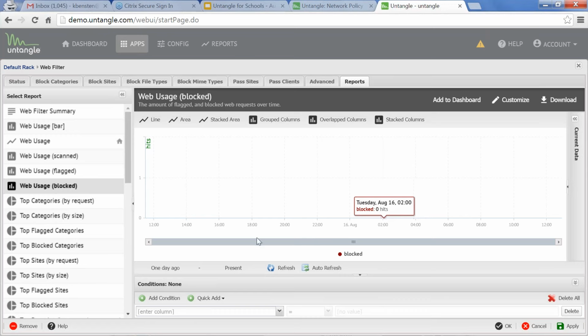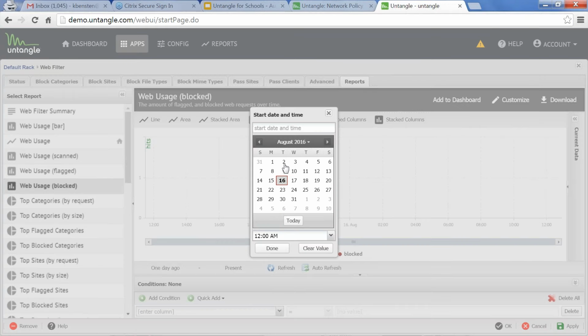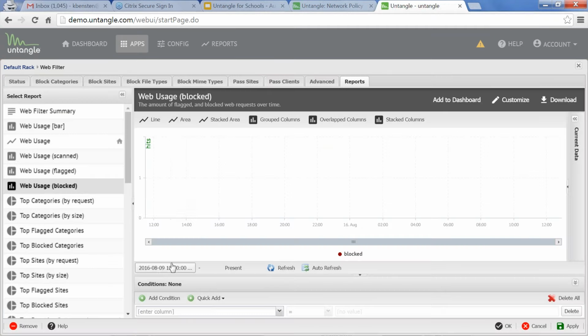So here you'll have your data based on 1 day ago, and if you wanted to simply take the last weeks of data, let's do the last 14 or 7 days, excuse me. So if I wanted to do the 9th through today, then you would click done. You would get a specific time frame of your reports. And this is real time, so you have the ability to see what's happening on your network.